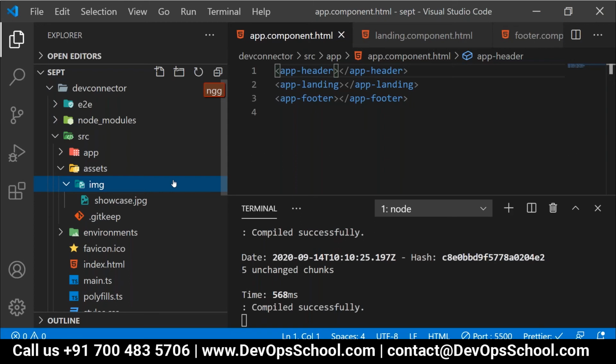So I pasted it inside the assets. Is it clear or not? This img folder I copied from there and pasted it. All of you done with this? No? Okay, I'll wait for a minute.